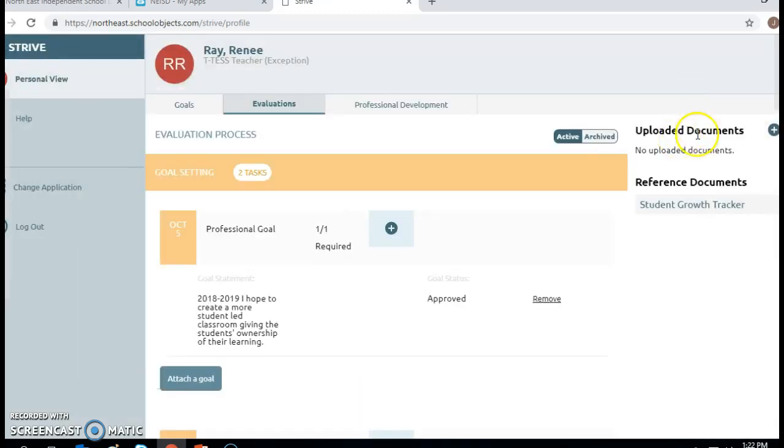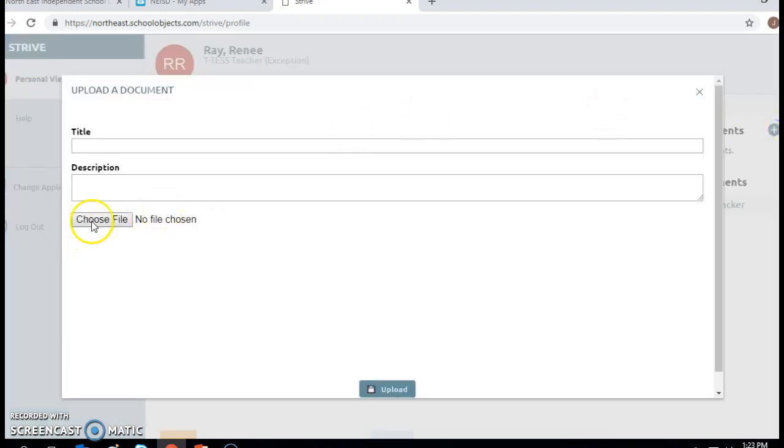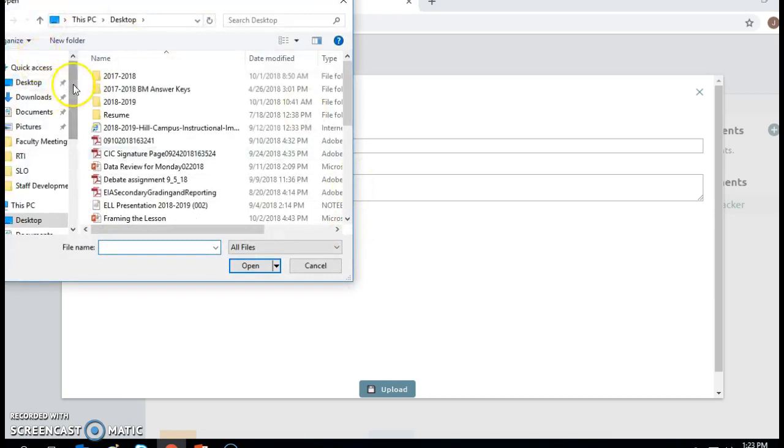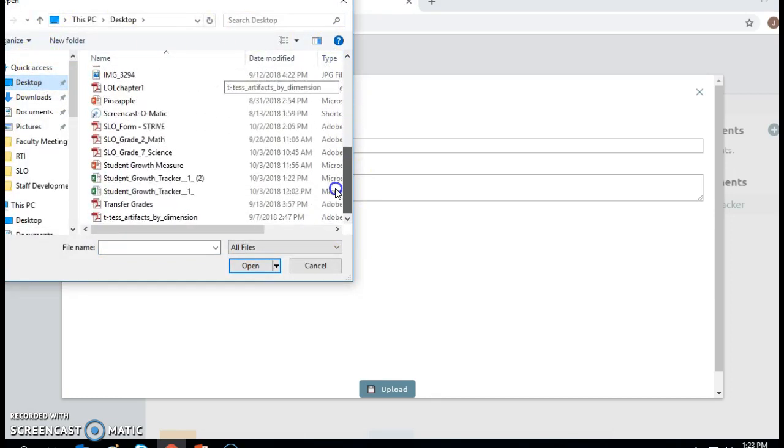The other document that you will upload into Strive is your Student Learning Objective Worksheet. You will follow the same steps. Click the plus button. Go to Choose File, find your Student Learning Objective Worksheet,